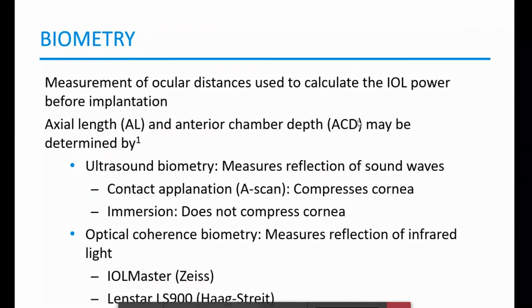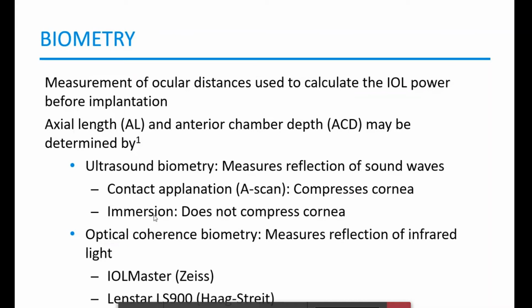Anterior chamber depth is also another, which is commonly used. Sometimes the biometers also measure the lens thickness, the crystalline lens thickness, which is also used for calculations in some formulas, right? There are a few different types of biometry currently being used in the market. Ultrasound biometry is still used, but it's getting less popular nowadays compared to optical coherence biometry, which is well known with the brands of IOL Master and the Lenstar